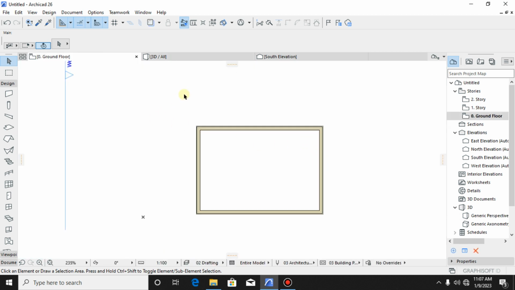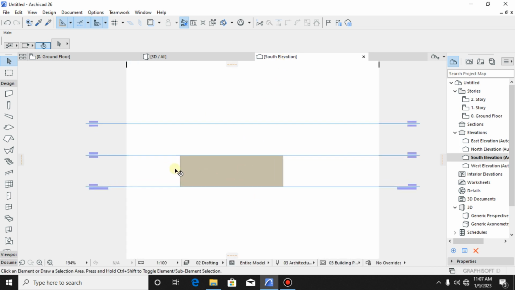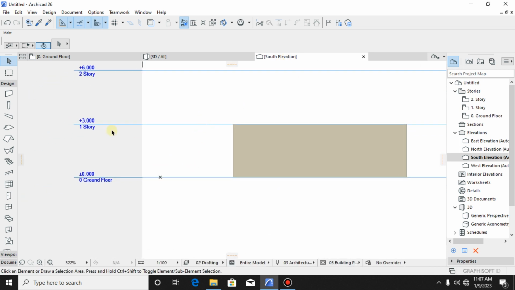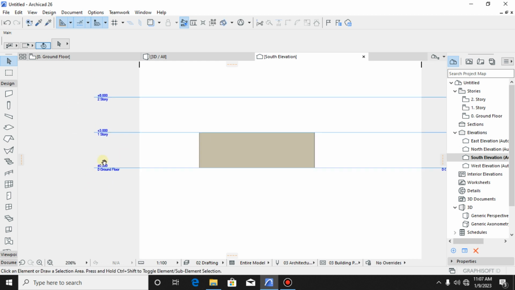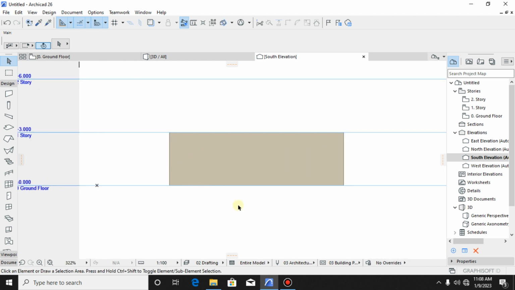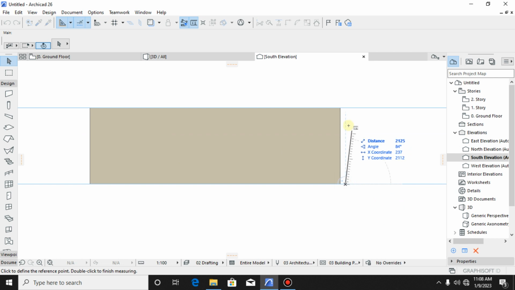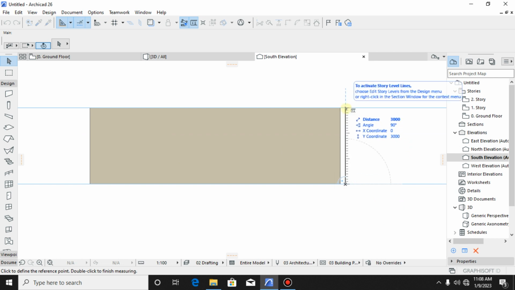room. If we go to south elevation, you can see our story levels. It says 3000, which is 3 meters from ground floor to our first story level. So suppose you want to change this height to a lesser height,